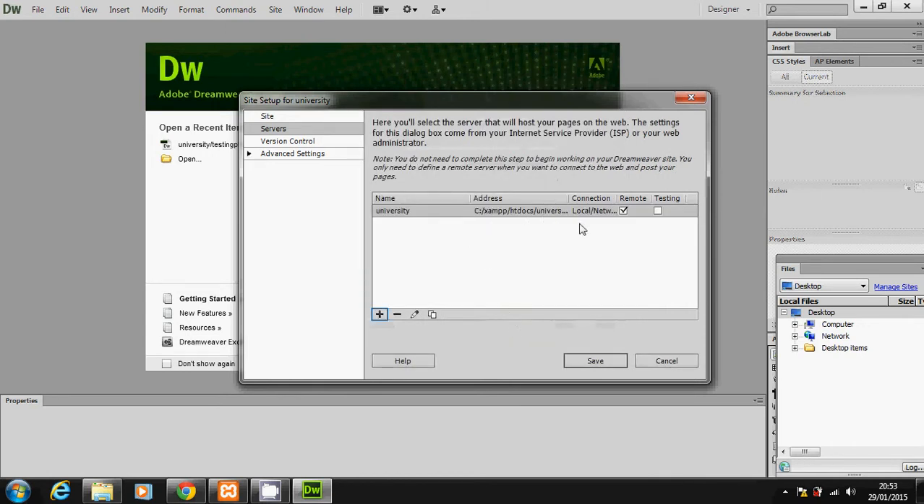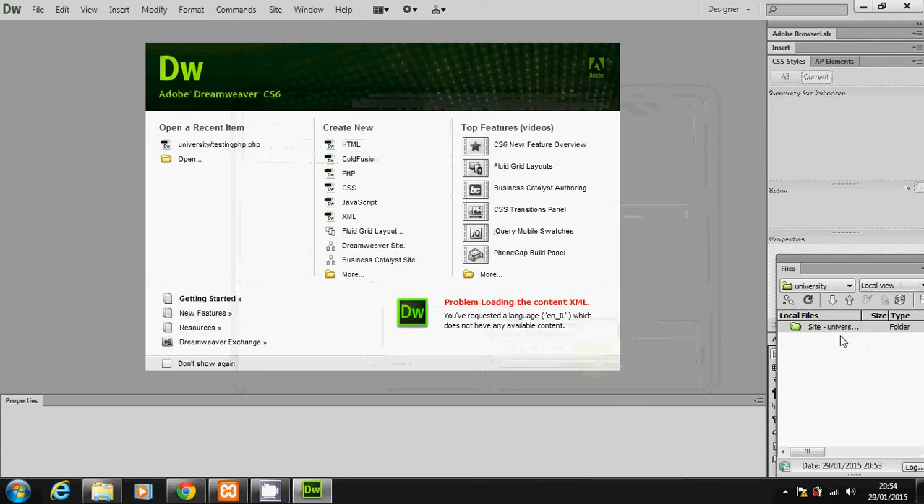Once I press save, I can see there is a little checkbox called testing. Make sure that you click there, so it will help us to test our server, our PHP coding. And I press save finally. Once this is done, you can see the site is already visible here. So this is the preliminary setup that we have to do in order to run PHP script within the Dreamweaver environment. Now that we have set up our server and our environment,